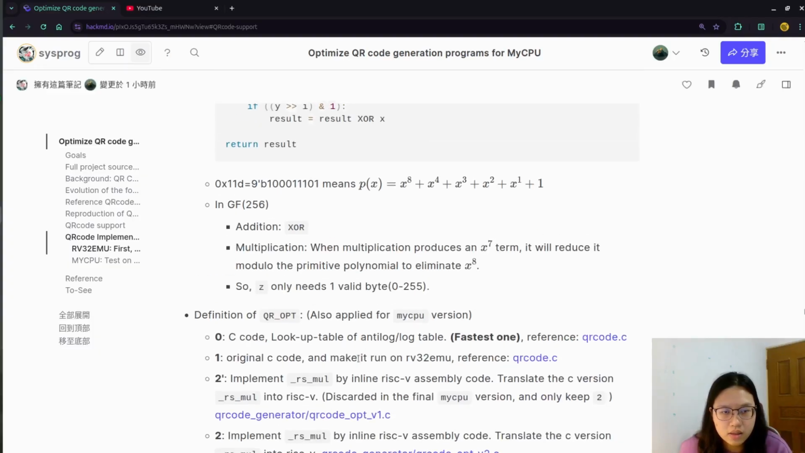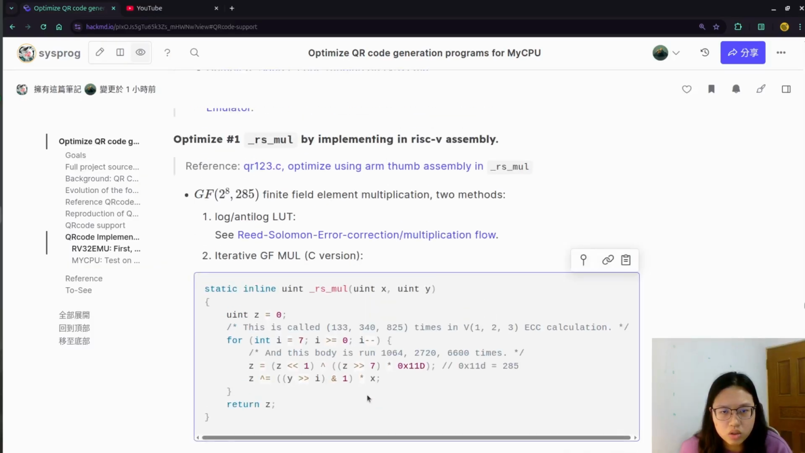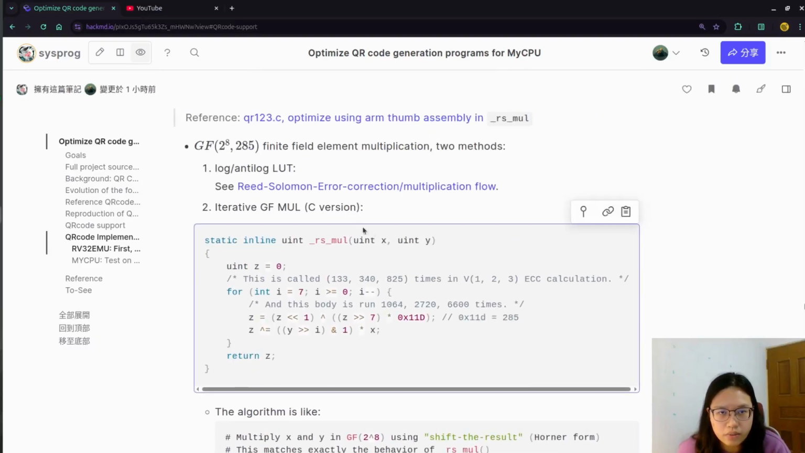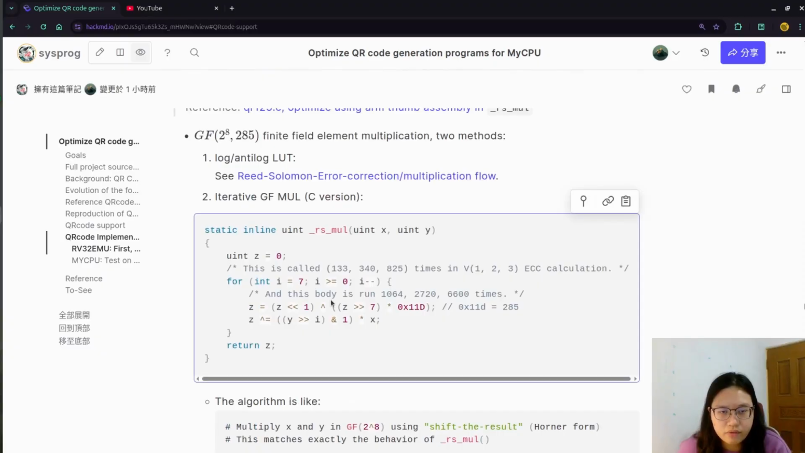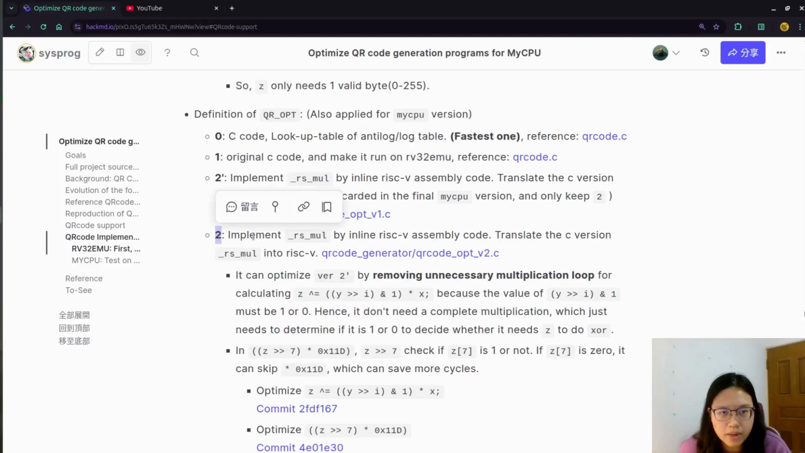So I can define my optimization into several versions in order to show the difference in performance. Okay, so the first one, version 0, is the lookup table version, which is the fastest one. Version 1 is the original C code, which runs on RV32EMU, and it is the iterative GF multiplication. Version 2 prime just translates this C version into RISC-V assembly. And in version 2, I optimize